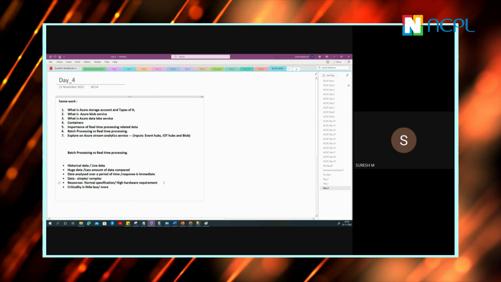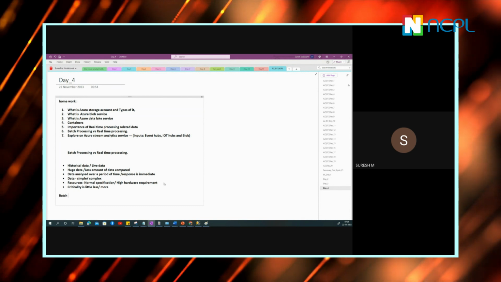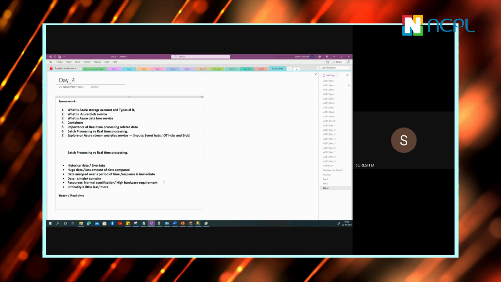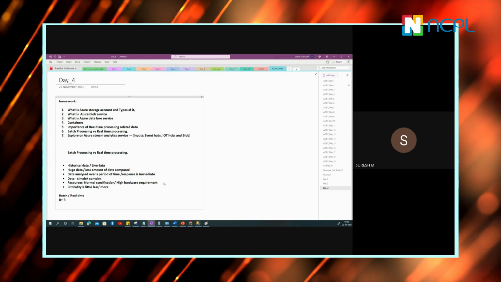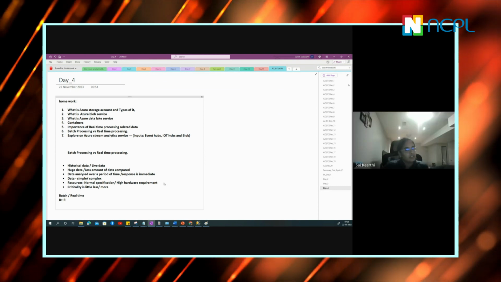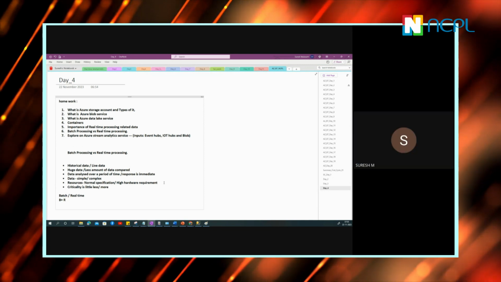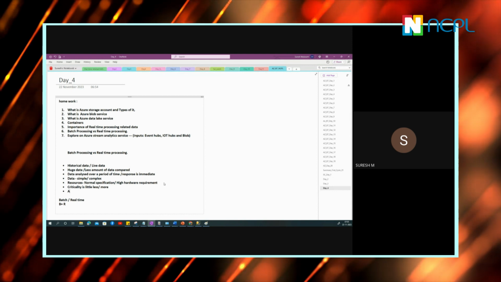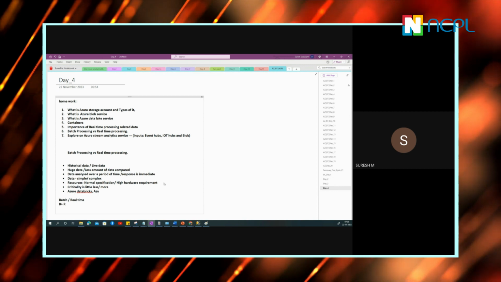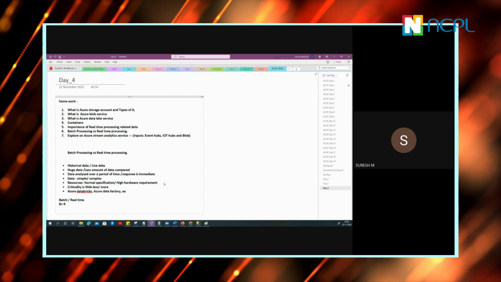Now, forgetting batch services and real-time services, when I say combined, I do have some services for this. For batch: Azure Databricks, Azure Data Factory, Azure Synapse.